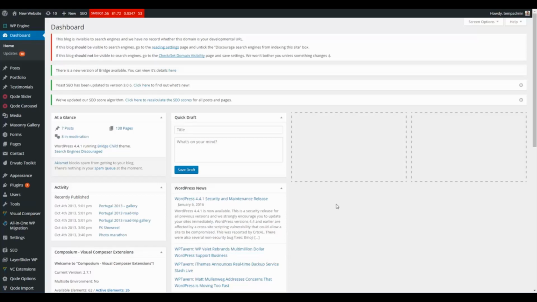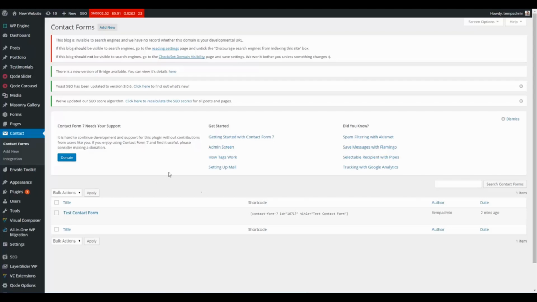So for Contact Form 7, once you have this installed on your site, over on the left hand side, you just go to where it says Contact and click on that, and it'll bring up a list of any previous contact forms you created, or you can click Add New and create a new one. So let's do that. We'll add a new one,